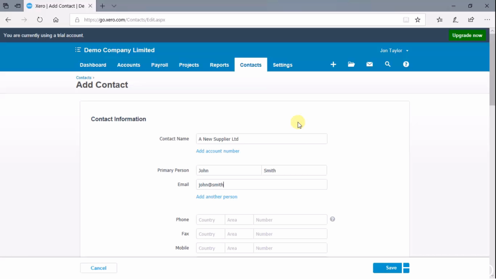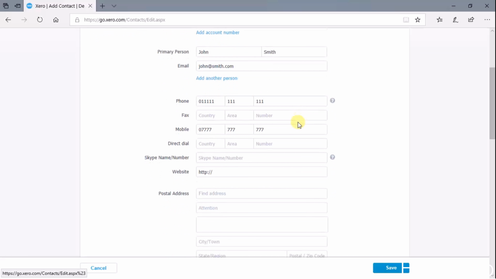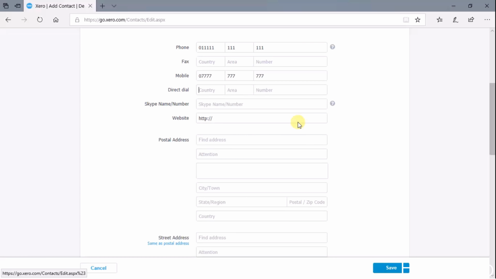And I highly recommend filling in as much detail as possible, because you will find that a month, 2 months, a year down the line, when you need to find some information for this particular supplier, if you've filled it all in, then you just use Xero as your address book, and you go into the record and find their phone number and give them a call about whatever it is that you need to contact them about. So if we scroll down, direct dial is not important for this example. Skype or a website isn't either. So if we just put some contact details in,